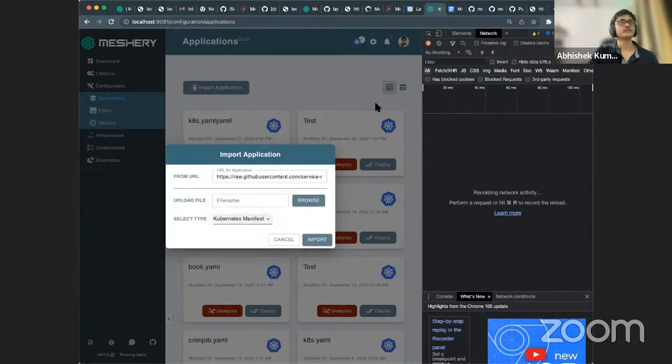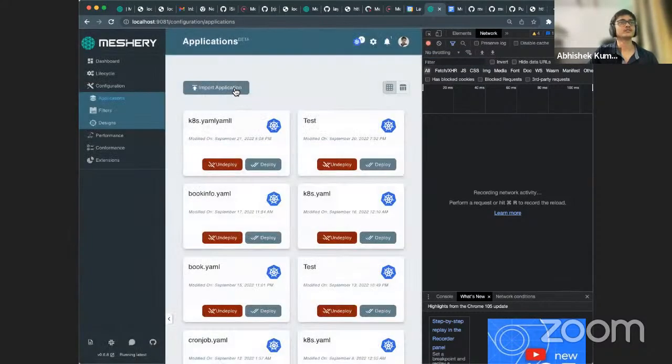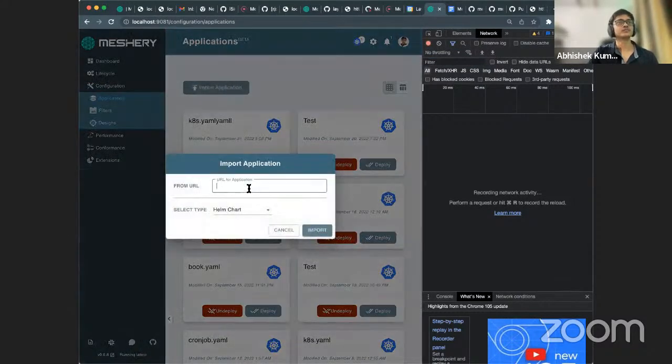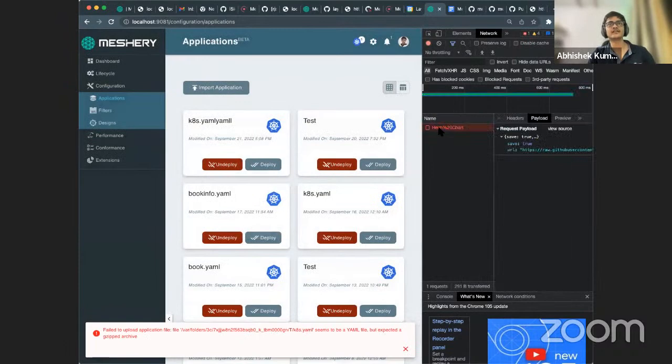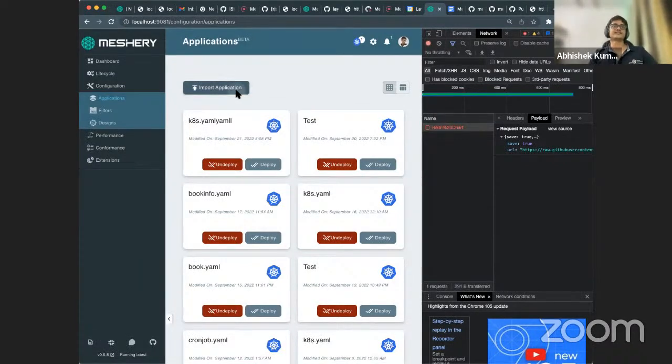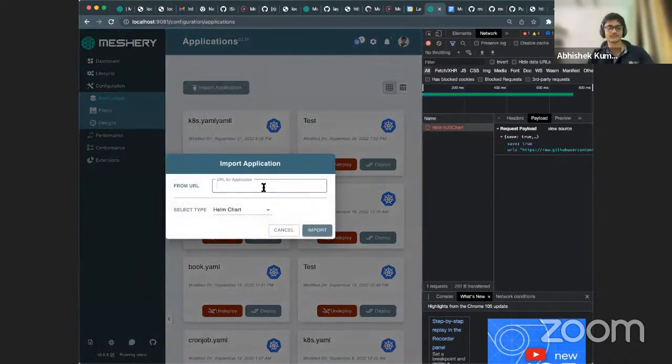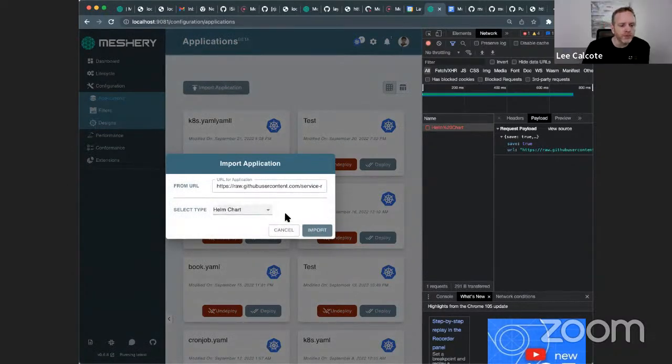So let's assume that I have uploaded this application and I click import, and that is sent to the Helm chart. Since it was not a Helm chart, it is doomed to fail here. That's the thing I wanted to raise. Yeah, and so Abhi, what's your proposal for improved UX?